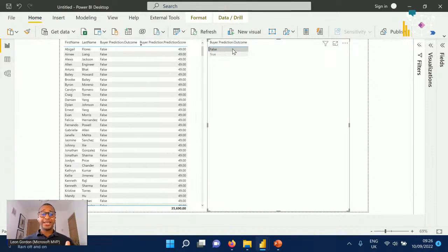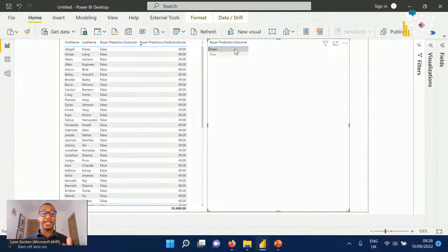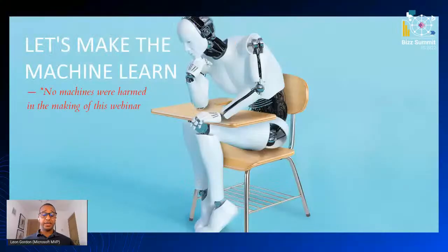So there you can quite clearly see a business benefit in terms of being able to then go and give this list of potential leads that will convert to our sales team to actively go and call, and ultimately to have a list of leads that we wouldn't purchase, which would save us on our lead spend. Okay. So that brings to an end our first demo in terms of how we can put together a machine learning model within Power BI